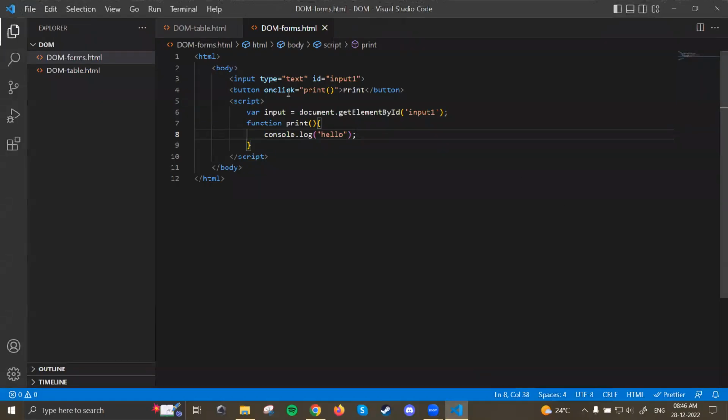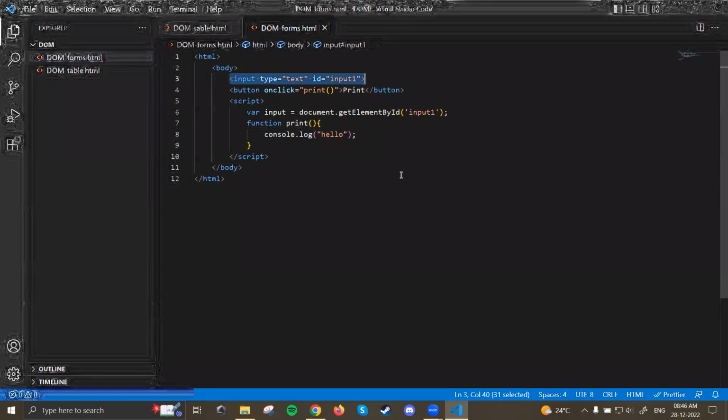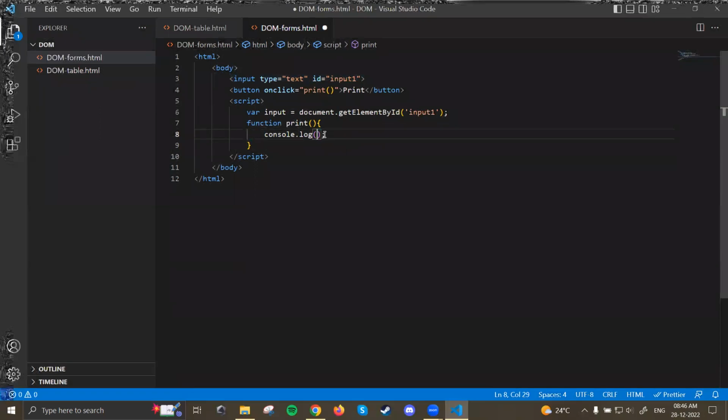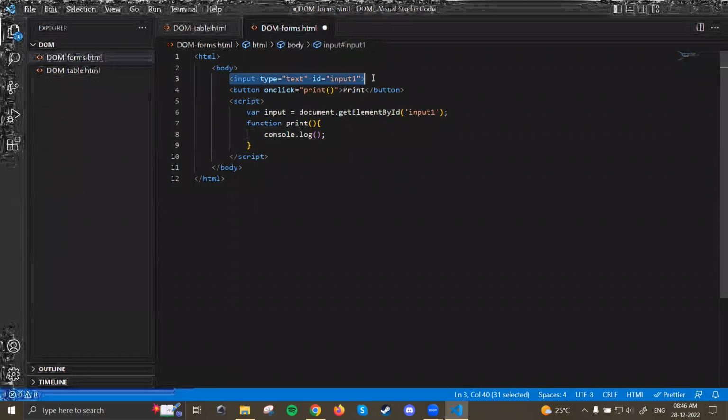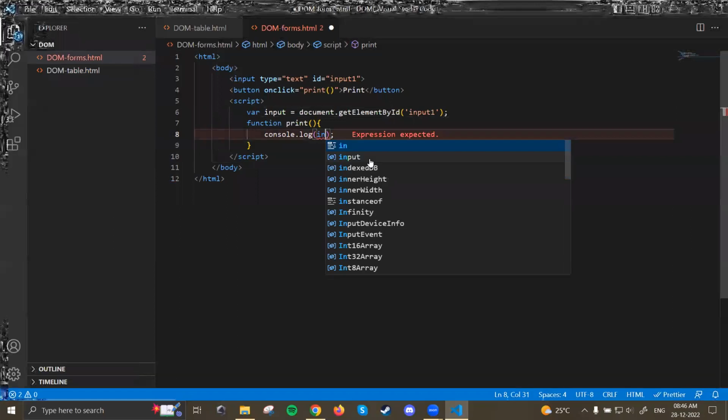So that means using this onclick, I can do anything. I can print anything or whatever it is. Okay. So now my next challenge is, I know how to print something in the console. That is okay. Now I have to print whatever I write in the input field. I don't want to write hello. This part I want to remove, and I have to write something else inside the console.log. What I have to write, I don't know. So the thing is, I have to print the input value. So that input thing, we have already got it, where input, isn't it? Here we have the getElementById. So if I write here console.log of input